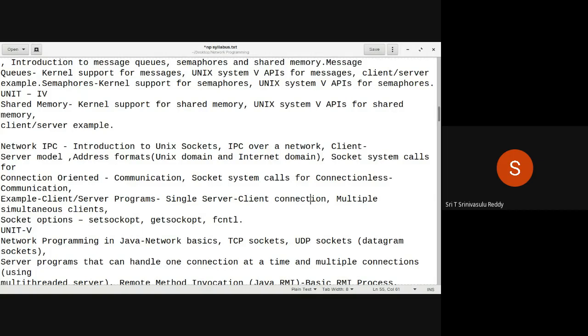So that's what we will be doing, concurrent servers. We have yet to do that, with multiple simultaneous clients. We'll also be doing socket options by using the setsockopt, getsockopt, and fcntl system calls.